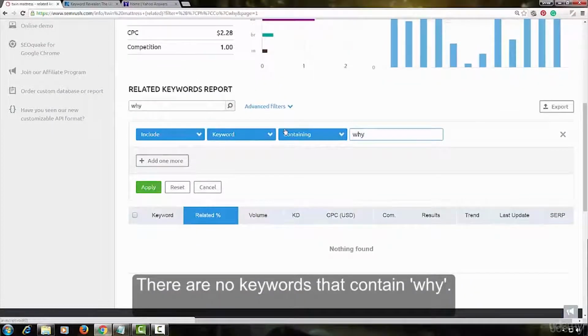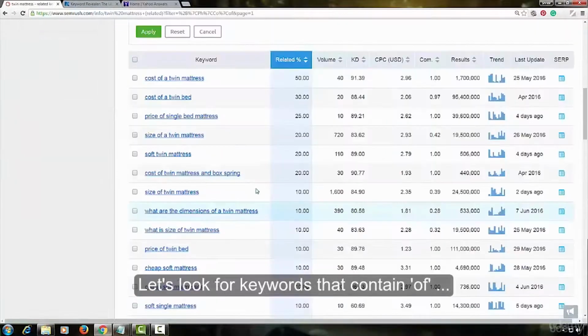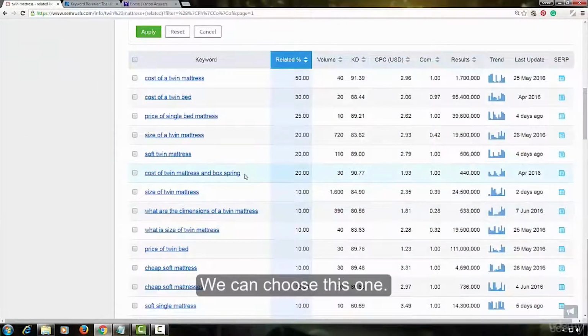There are no keywords that contain Y. Let's look for keywords that contain of. We can choose this one.